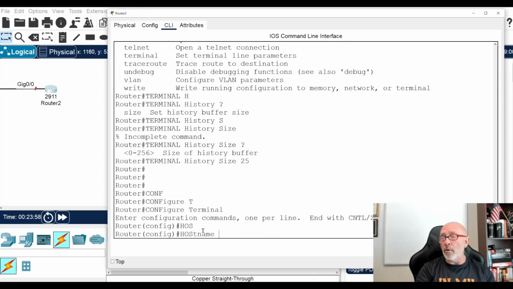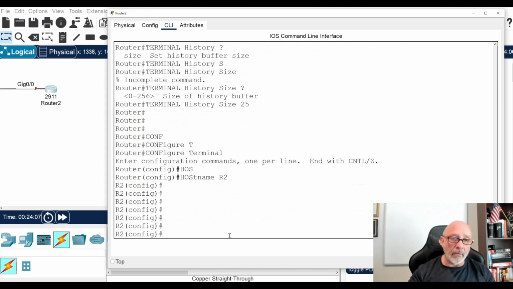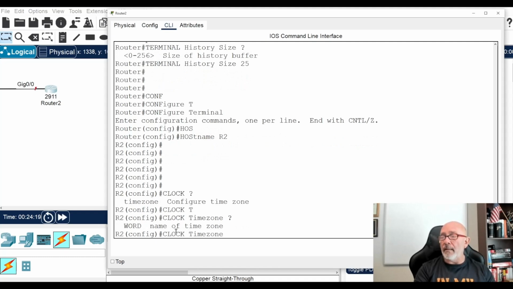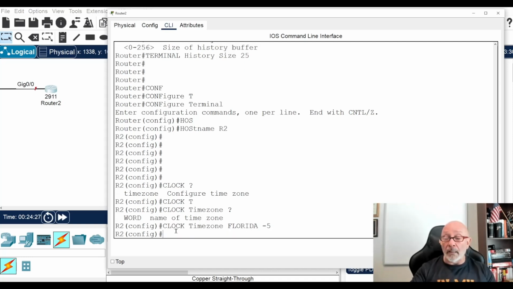router a hostname. So hostname. If you look on the upper left-hand corner, it says Router 2. So we'll give it R2. All right, that's it. So that's the name of the router. Oh yeah, and there's another clock command here, clock, but it's really the time zone. All right, and then just give a name, let's say Florida. I think I'm -5, I don't know, maybe -4, I don't know. And that's it. You put in the time zone. Again, it's important. I used to make fun of it. It's important because of the synchronizations and all that good stuff.